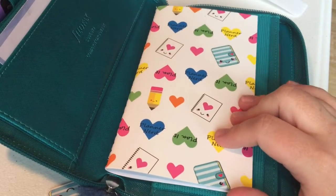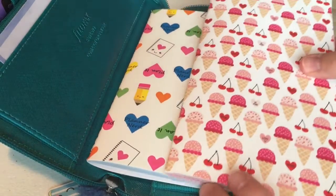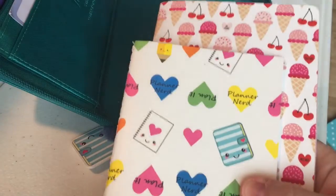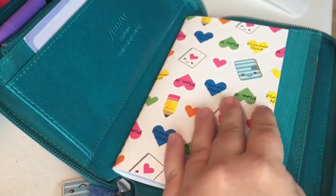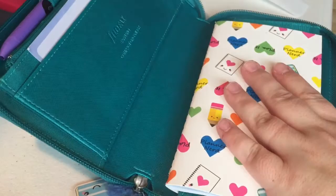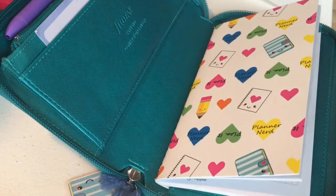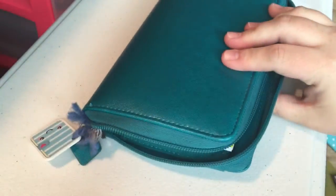You just have to make sure when you order you're not getting the standard size, because that's this, and that is a big difference. So if you're looking for personal size traveler's notebook inserts, again, that will fit under here like this. So you could actually do this, and then if you had another one, you could slip that in there, or like what I do is keep this one and then my Weeks on top like that, and it's fine,